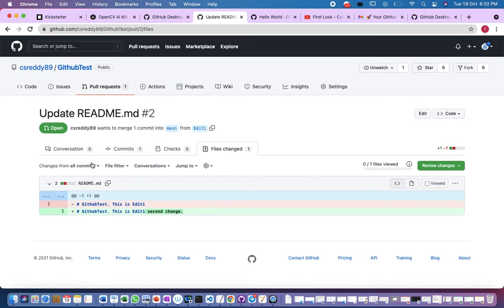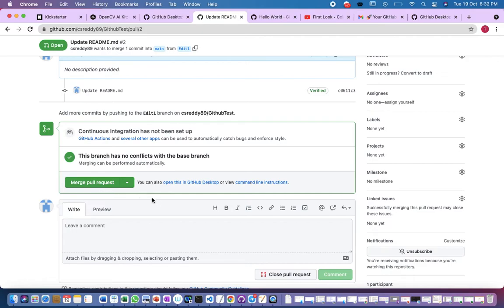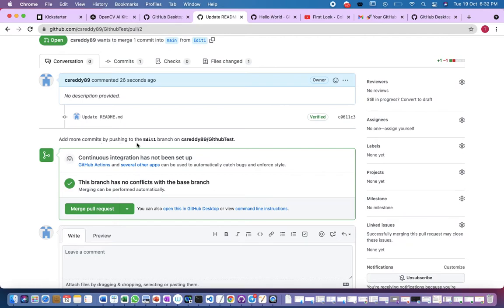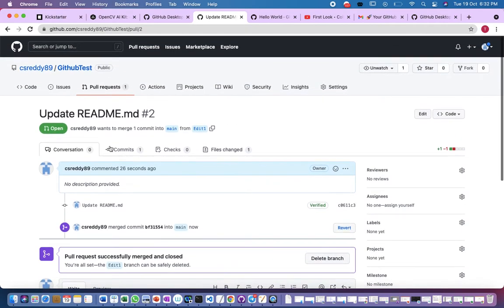I'll go to conversation, and here we have the option to merge pull request. If you click on merge pull request and confirm merge, the changes would be reflected in the main branch.